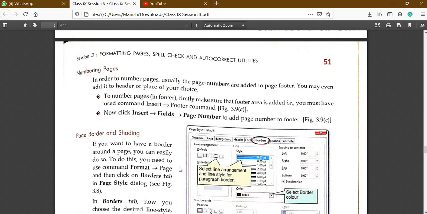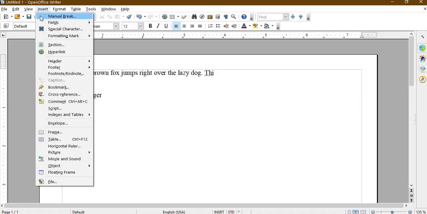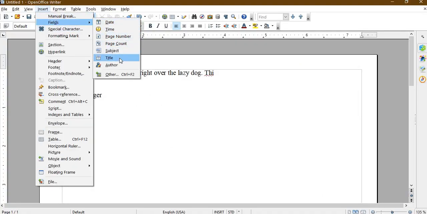Next is numbering pages. Usually the page numbers are added to the page footer, so we can add a page number also. To add a page number, click on insert field and page number. So let's see, this is insert fields and page number.